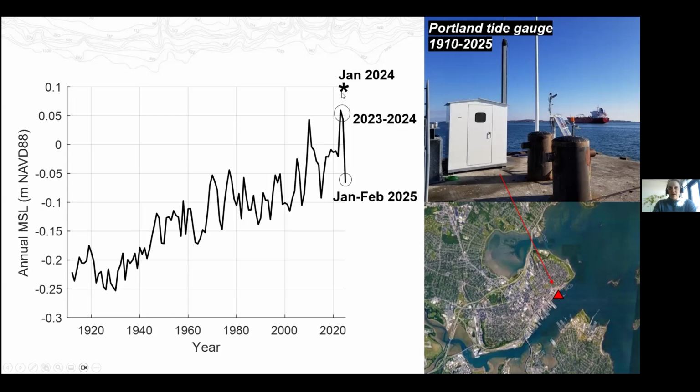An important thing to point out is that in January of 2024, sea level was up here. It was kind of one of the top three highest monthly sea levels ever recorded. And I'd imagine folks on this call, this is the kind of information you look at all the time, but to give a sense for what the local impact of this sort of, I guess, roughly 8 centimeter increase in sea level over a year can have in a region.